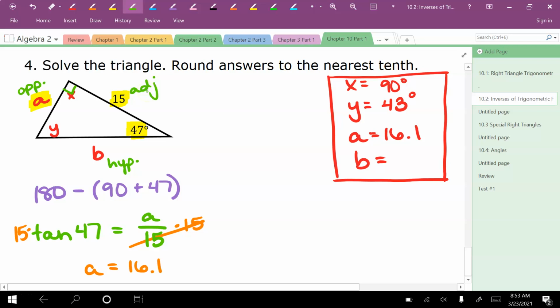So what I could do is set this one up adjacent over hypotenuse, which would be cosine. So we would do cosine of 47 equals 15 for the adjacent side over B for the hypotenuse side. Now this one's set up a little bit differently than that one. I can't just multiply by the 15 and call it good because 15 is not on the bottom of the fraction. Really what I would need to do is multiply by B on both sides,